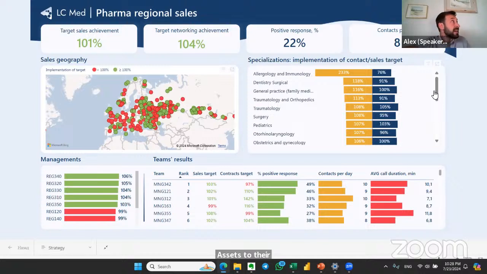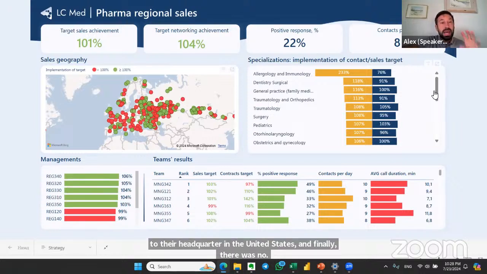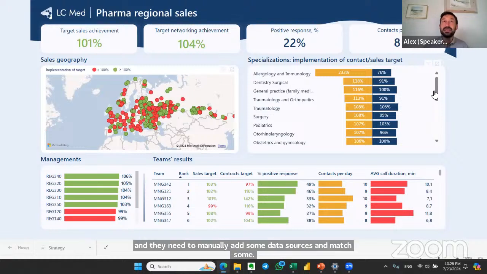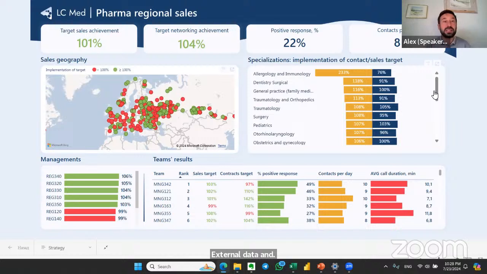Finally, there was no person who could update or refresh this data, because there was no real-time connection, and month by month they needed to manually add some data sources and match some external data, and these dashboards turned out to be not trusted.